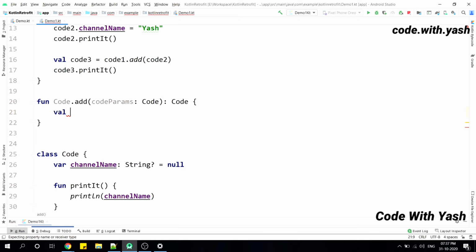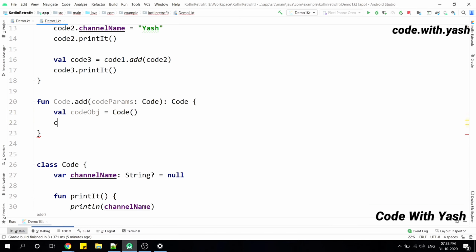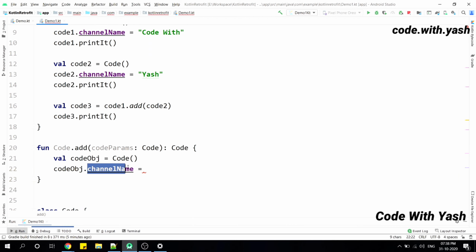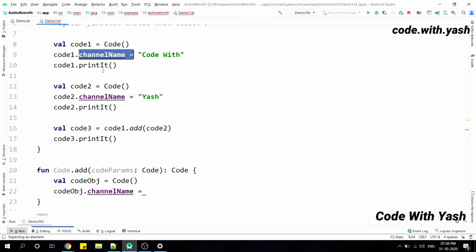I'll create one code object here. In this codeObj, we'll call this channel name and insert the addition of the code1 and code2 channel names, so that we can add these two strings and get our final output as our channel name.